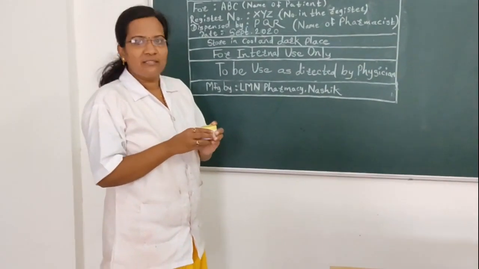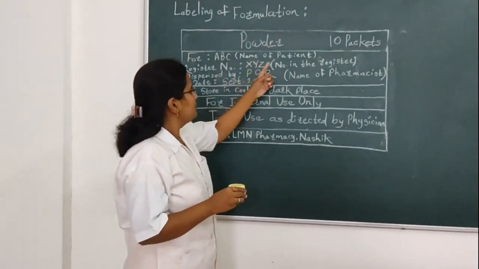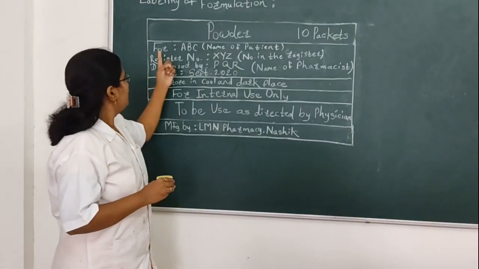So we will move towards labeling of formulation. Powder containing 10 packets. For ABC